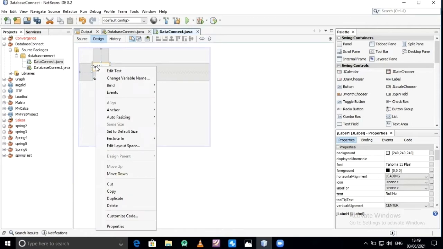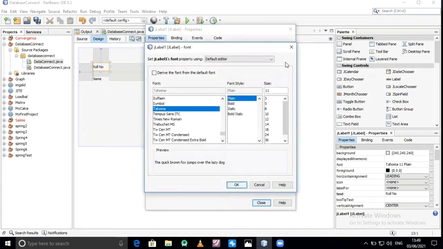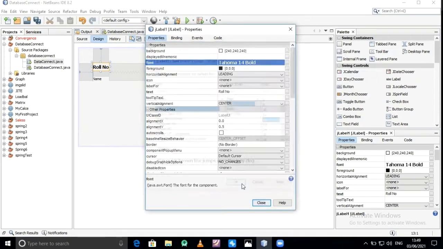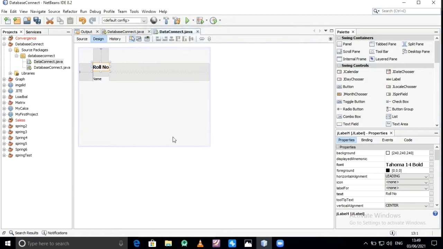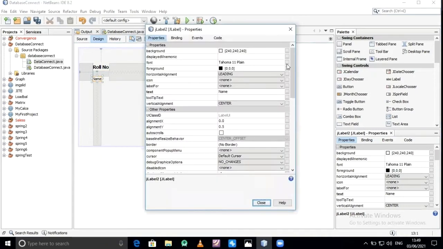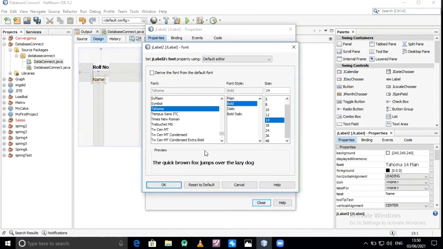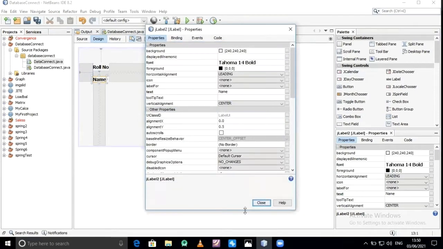Here right click on the label, go to the properties. Here font, I select, suppose 14, bold, okay. So now it is visible. Next name, properties, font, select bold, okay.